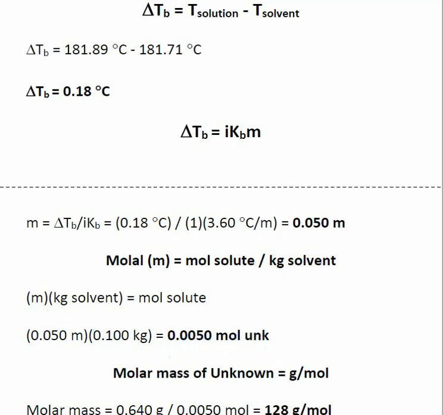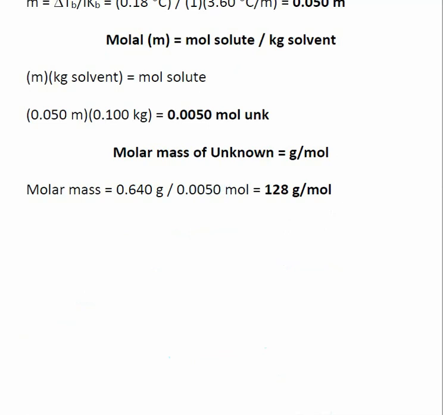Now we have enough information to find the molar mass or molecular weight of our unknown. Molar mass is grams per mole. We know how many grams of our unknown we put into the solution. That was given in the original question. We weigh that out and put it into our solvent. Then we found out how many moles of our unknown were dissolved inside of our solution. We did that by looking at the colligative properties, by which I mean our change in boiling point. So we were able to calculate the number of moles of unknown inside of our solution. To find the molar mass, it's just grams divided by moles. In this case, the molar mass of our unknown was 128 grams per mole.